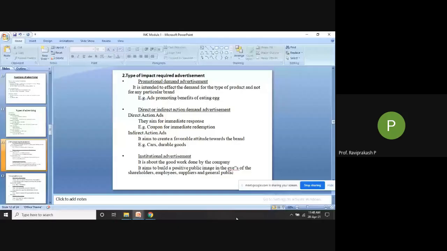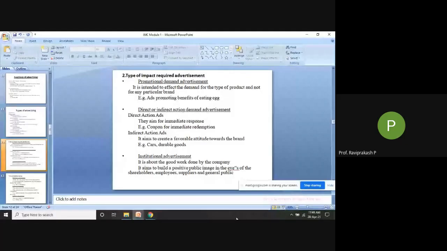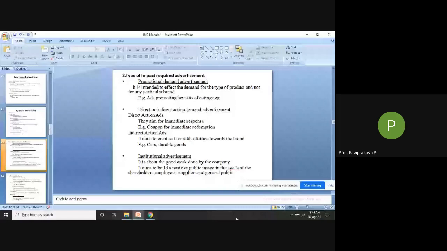I remember that particular example where when I was working in Chennai, they had taken their employees for 2 hours or 3 hours to go and clean the beaches. Okay, then they have made that advertisement. So Infosys was there or TCS was there to clean this particular beach for us to enjoy. Okay, so just an example I'm telling you. So it could come under a CSR activity as well, done by the company employees as well as the company sponsoring it. Okay, so it is about good work done by the company.